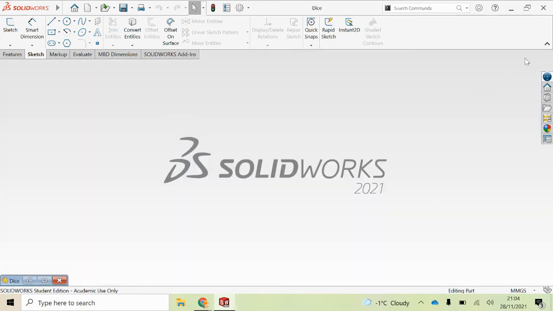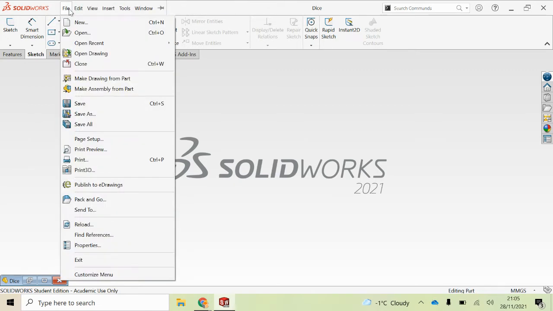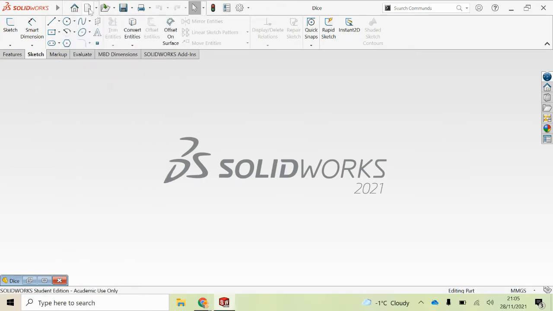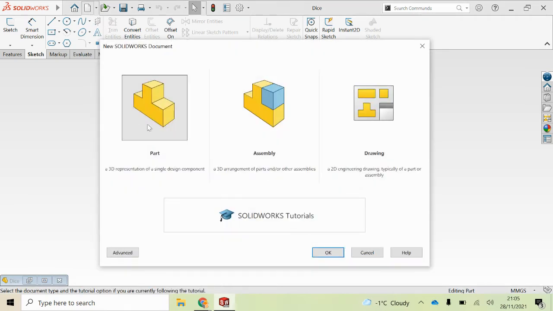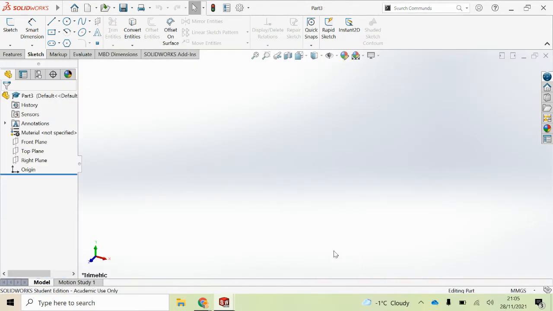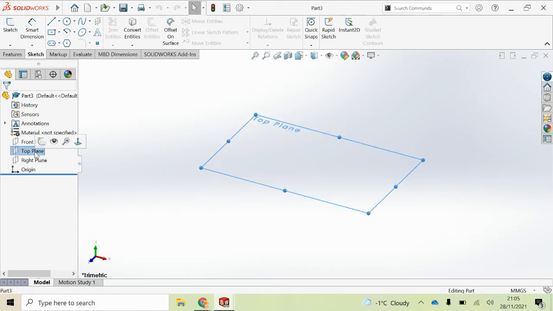in the tutorial today. So when you log on to SolidWorks, this should be what your home screen looks like. And you've got two options in terms of starting a new file. So we can go to the little arrow at the top, File, New, or easy method, click on the white page, click Part, click OK, and we're ready to start. Now for today, I would use the top plane, entirely up to you, but I think the top plane makes